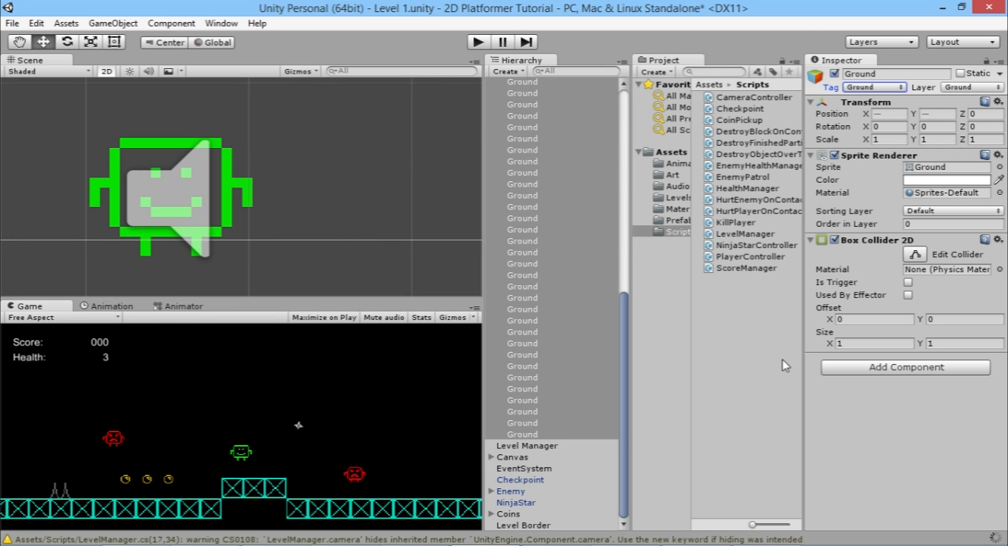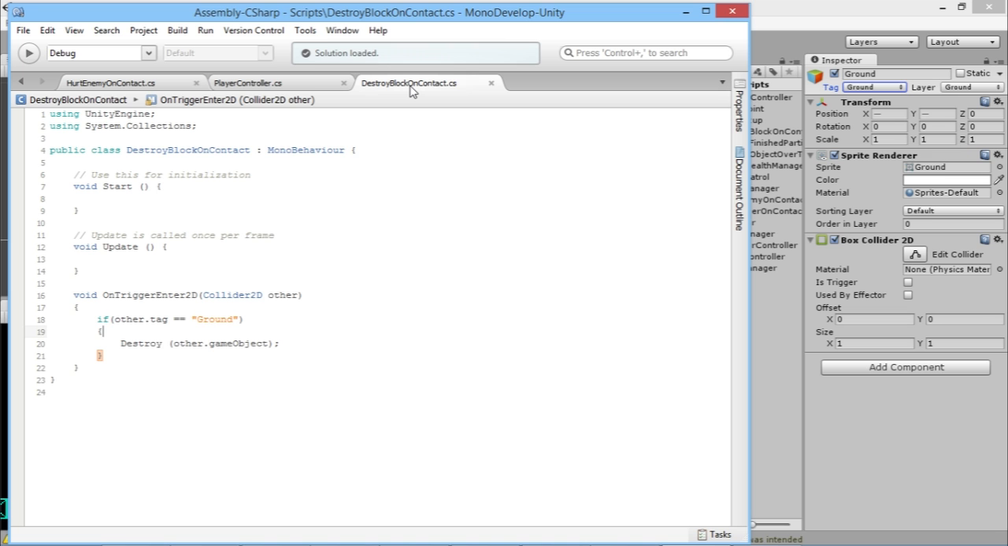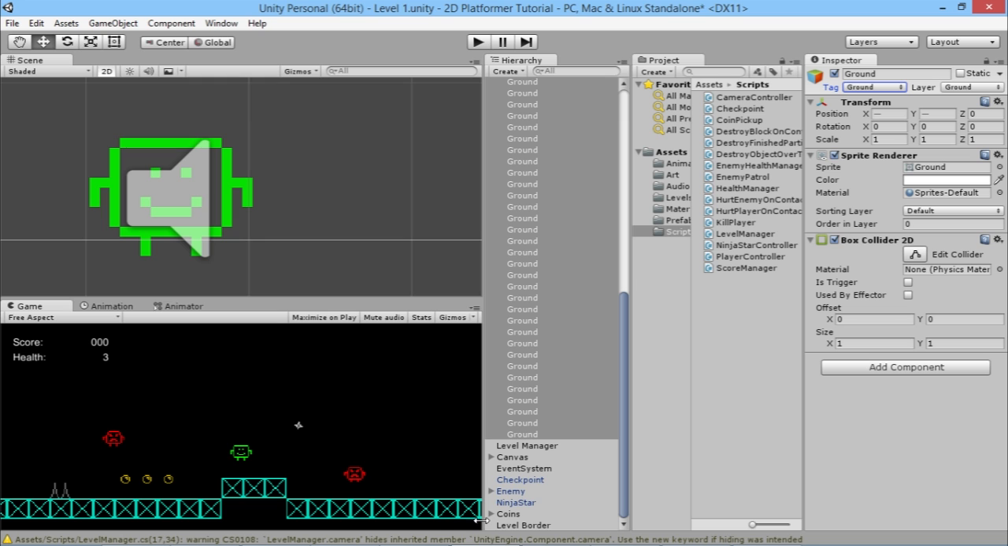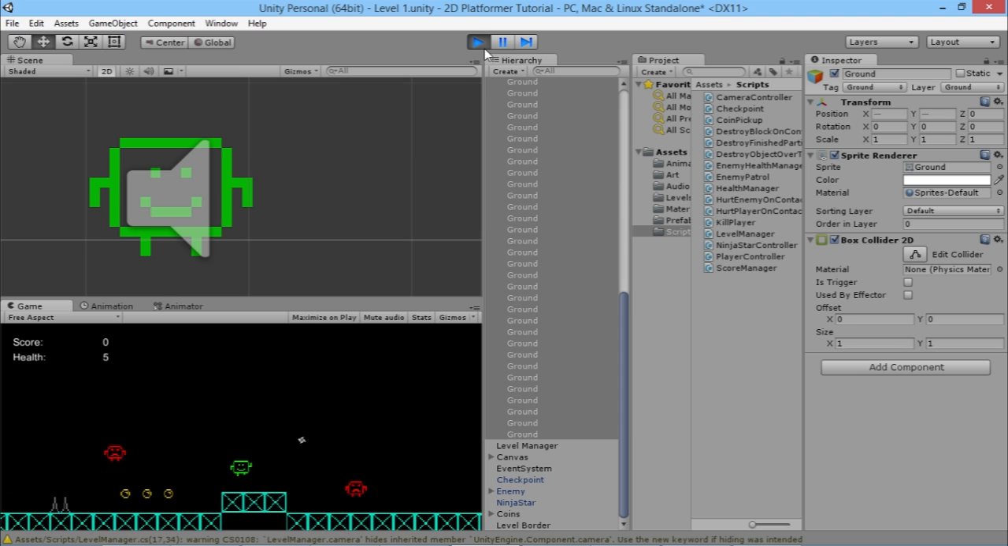And you could set it up in much the same way as the hurt enemy on contact. We could have a damage amount to give that bit of door, or give it a certain health amount if we wanted to, but we're just going to simply make it destroy. So if we hit play here, oh no, it won't do anything because we didn't attach the script